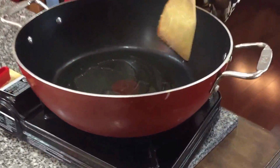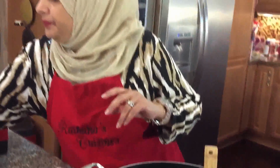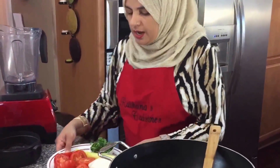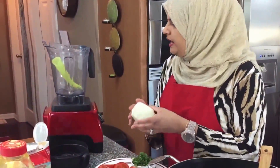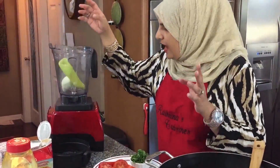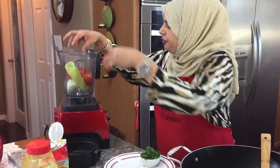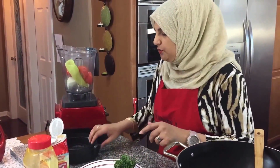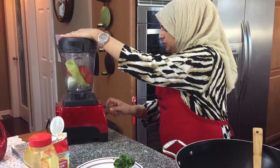And I want to get this pretty nice and hot. In the meantime, in my blender, I'm going to add 1.5 pepper, 1 onion, or small onion or half a big onion, and the tomatoes. And I've got some fresh coriander chopped up here. We're gonna use that just for garnish. What you want to do is you just want to